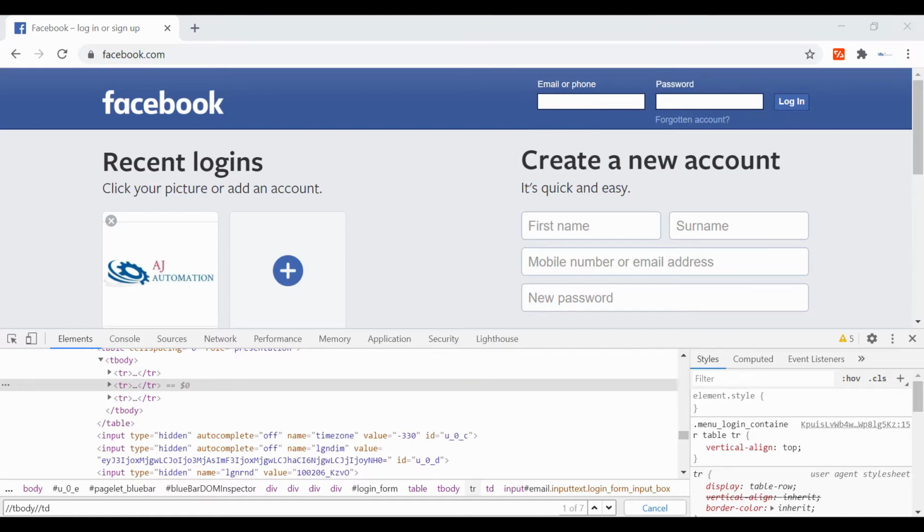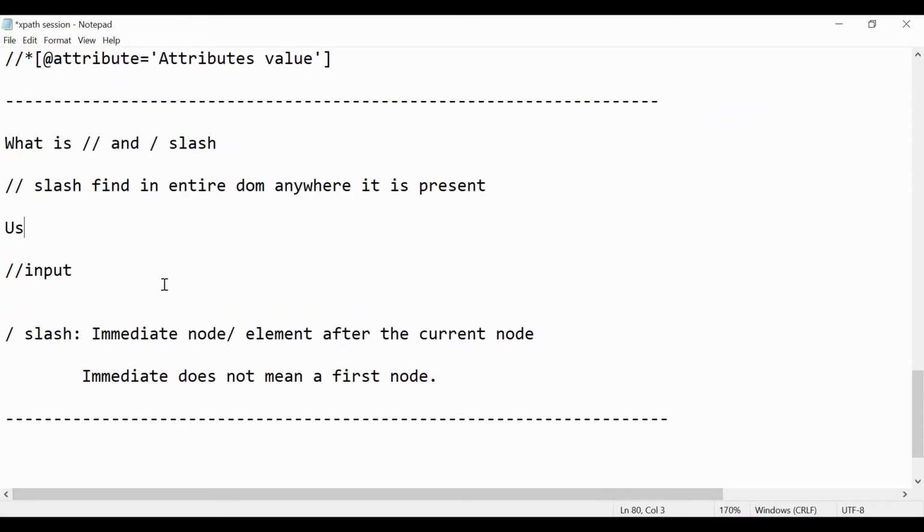Using double slash you can go to a child or grandchild. From anywhere you can go using double slash, right?